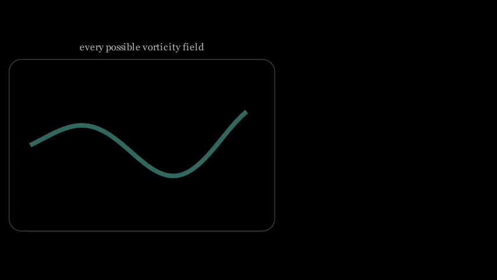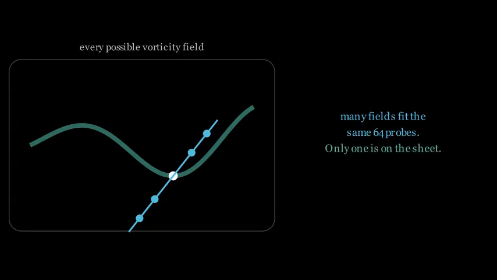Here is the idea that fixes it, and is a change of variables. Think of every possible vorticity field as one point in a space with 16,000 dimensions. Almost none of that space is turbulence. The fields a real Navier-Stokes flow ever visits lie on a thin sheet inside it, called the attractor. And that is what went wrong a moment ago. With 64 numbers, there are enormously many fields that reproduce your data equally well, and almost none of them are anywhere near the sheet. A search over the whole space has no reason to prefer the one that is.